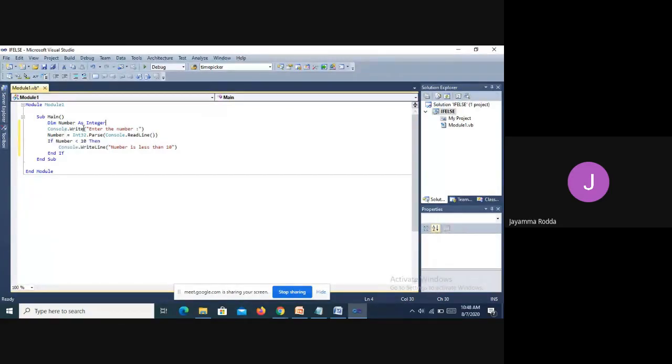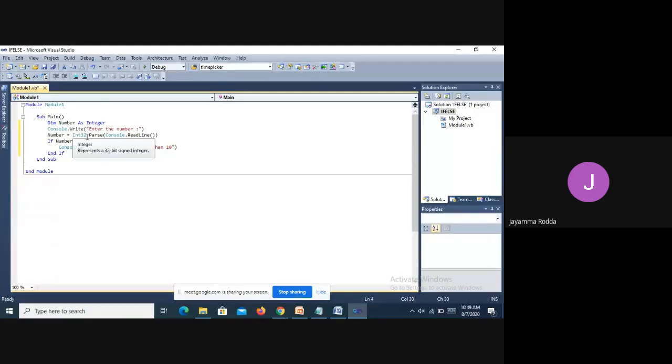After that, I want to read the number from the console, so a conversion process is carried out. Number is equal to Int32.Parse. What is it doing?